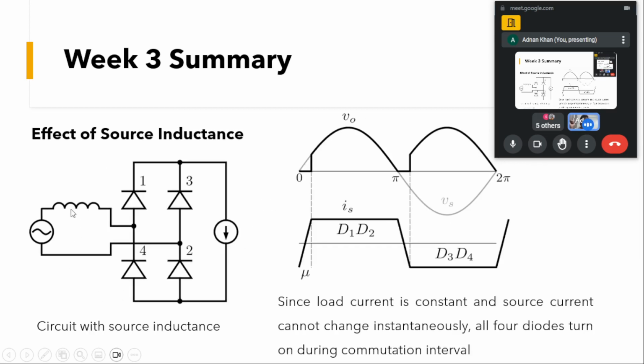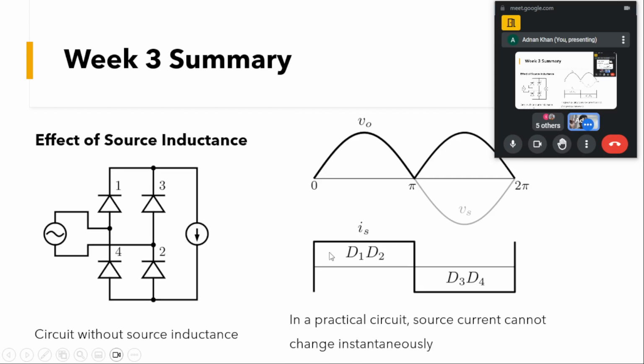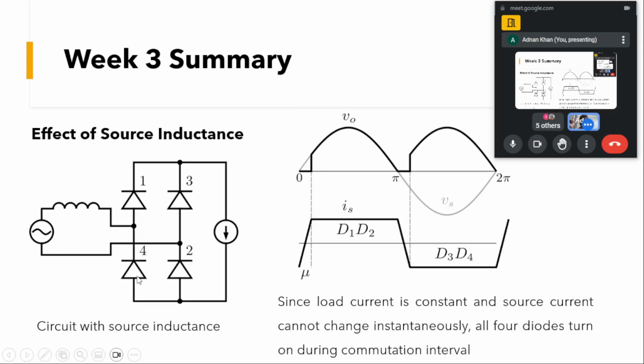Due to this inductance, it won't allow such a sudden change in the current. You had seen that in the positive half, diode 1 and diode 2 conduct, and in the negative half, diode 3 and diode 4 conduct. But due to this inductance, for a certain portion of time